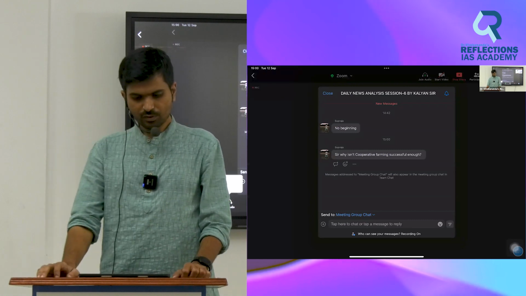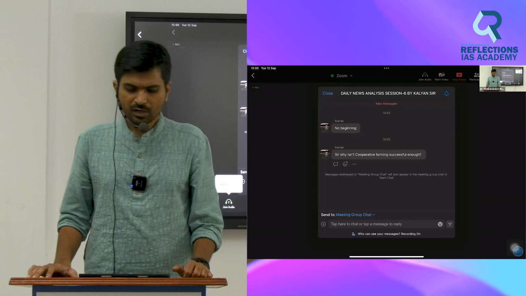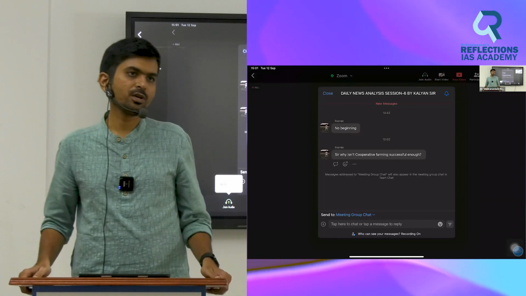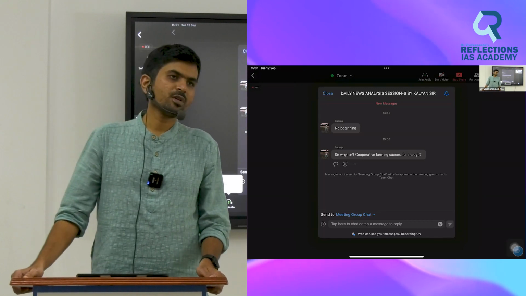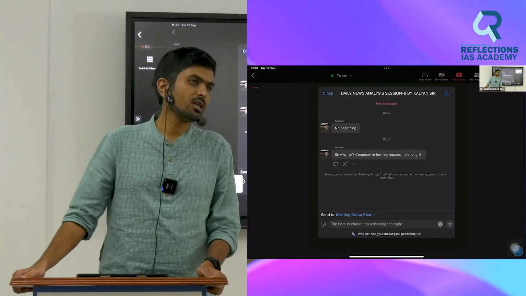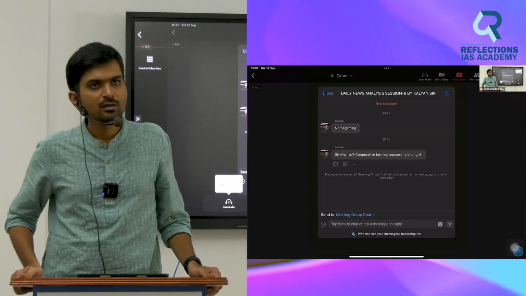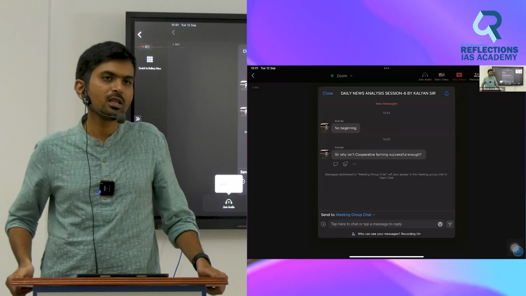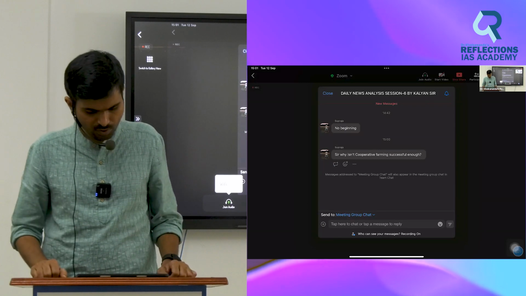Why isn't cooperative farming successful enough? It takes behavioral change, right? It doesn't happen overnight. The government has to bring so many farmers together. We have to give them trust. In villages, what happens is oral agreements happen more than the legal agreements. People will go for leasing and all these things. So people will believe that they won't have autonomy or they will lose their lands. So there are 10,000 reasons. We will discuss as the topic comes, right?